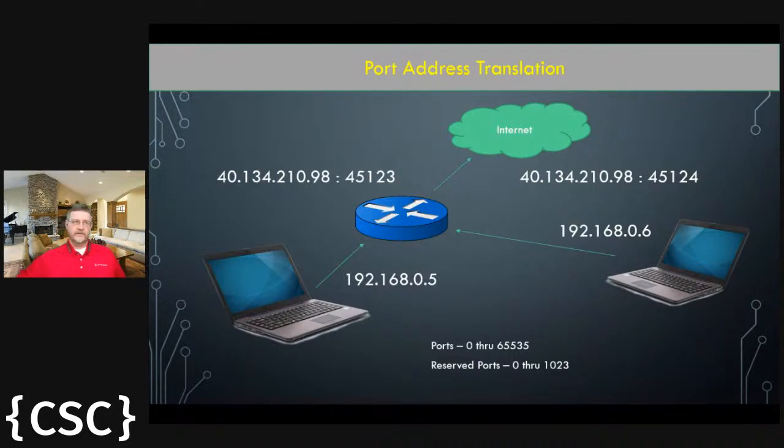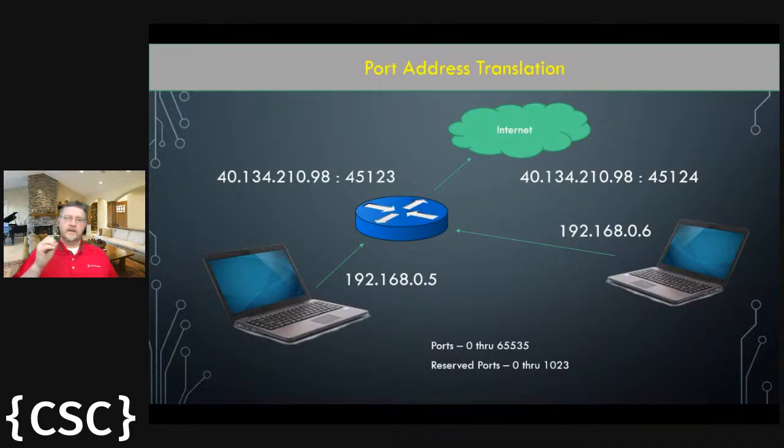Now, if I've got all these devices and I have one public IP address on this router, and I only have, I say only have, 65,536 ports, isn't it possible that I could have what's called port exhaustion? You can, especially if you're doing stuff in the cloud, because you could have a ton of outbound conversations going on, and you may have to have multiple IP addresses, and there are ways to do this, certainly with Azure load balancers and with the NAT gateways that AWS has.